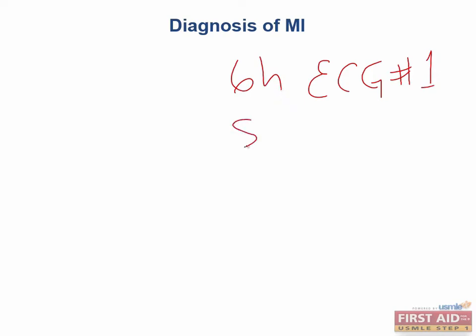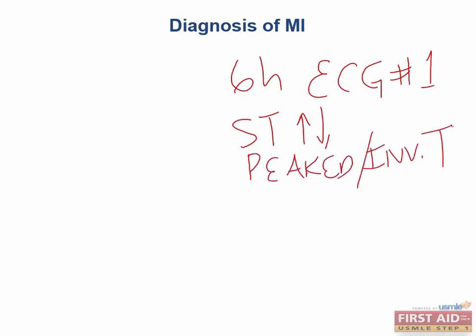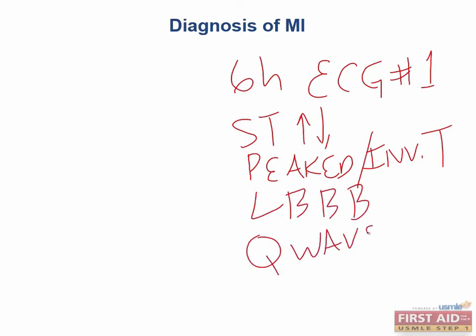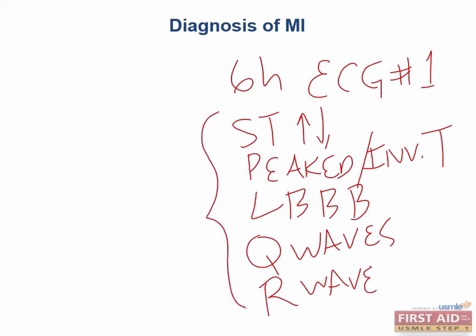Now, watch out for ST elevation or depression, peaked or inverted T waves, a new left bundle branch block, pathologic Q waves, or poor R wave progression. I previously included the electrophysiology behind these findings, but it takes way too long and it's not worth your time. Most of these questions will describe some of these findings or show you something very simple, such as ST depression,